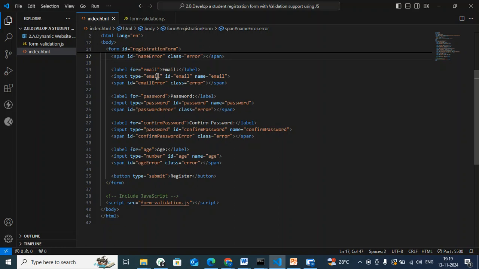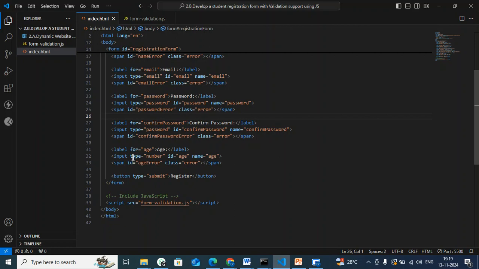It was showing us an error that it should have the at the rate symbol. And for password, when we say type as password, it mentions that at least 6 letters should be there in your password. That is the condition when we mention type as password; it's already predefined. So for password and confirm password, we mention the type of field it is going to take, that is the password field.